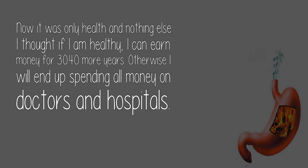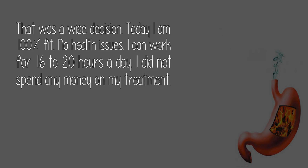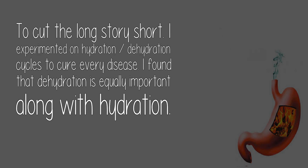I thought if I am healthy, I can earn money for 30 to 40 more years. Otherwise I will end up spending all money on doctors and hospitals. That was a wise decision. Today I'm 100% fit. No health issues. I can work for 16 to 20 hours a day. I did not spend any money on my treatment. To cut the long story short,